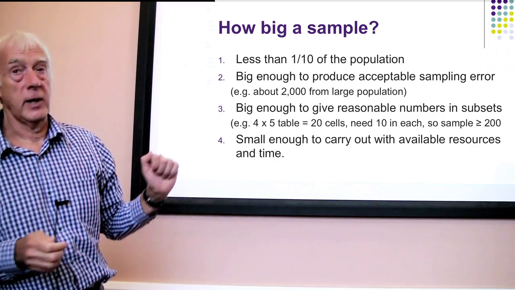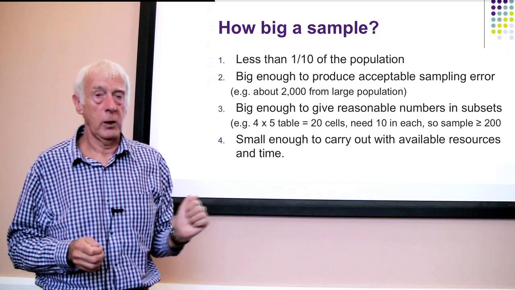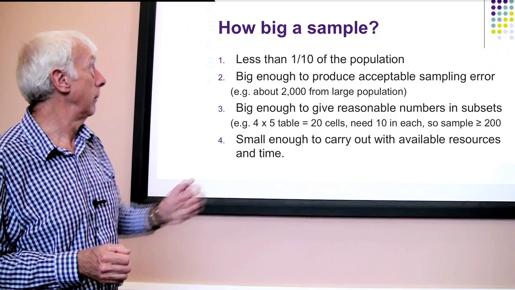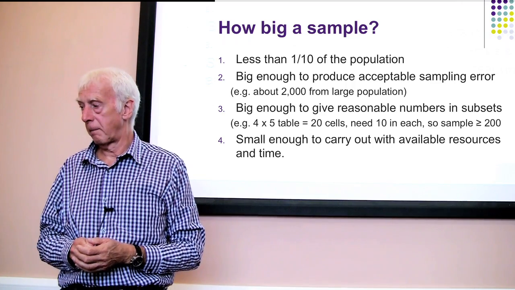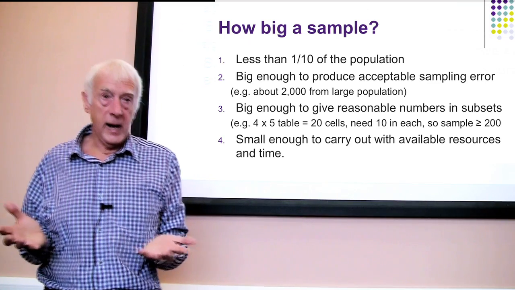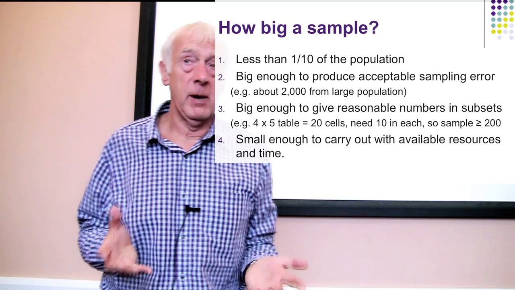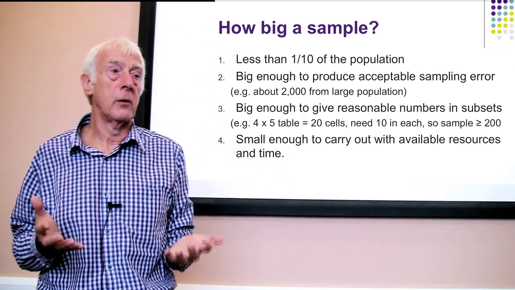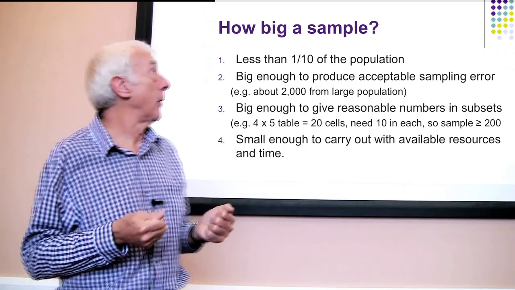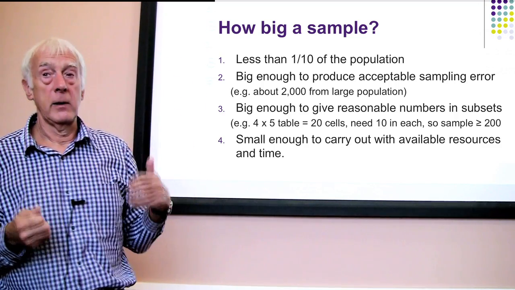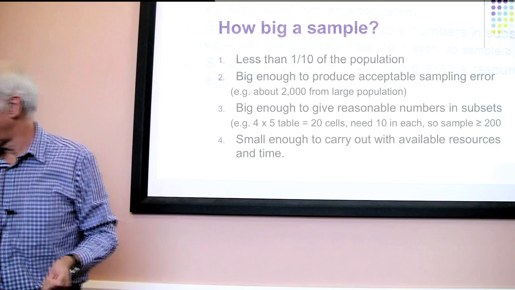If you're doing some statistical tests and things like that, you often need large enough numbers to do statistical tests on them. That's what the kind of tables idea comes from. So in the end, sample size can be a matter of compromise. That's all the time you've got, the resources you've got, etc., to do it. But think about other issues like the sampling error and the overall population size.